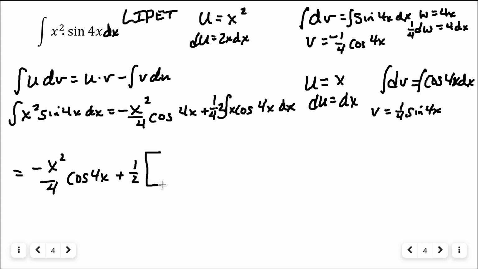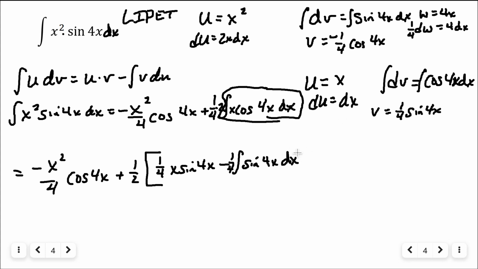And now inside this bracket is going to be what this integral represents. This integral here that I just circled is u times v, 1/4 x sine 4x, minus the integral of v. I'm going to put that 1/4 outside,